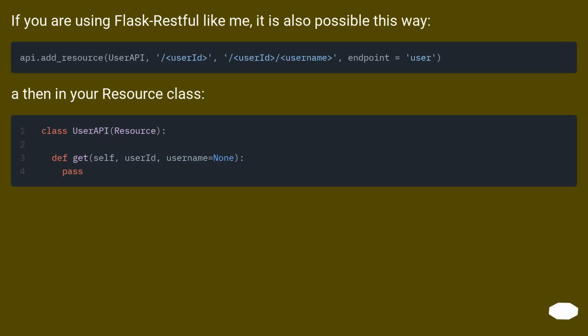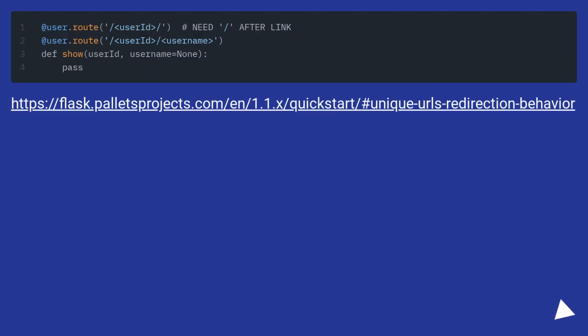If you are using Flask RESTful like me, it is also possible this way. And then in your resource class. This URL